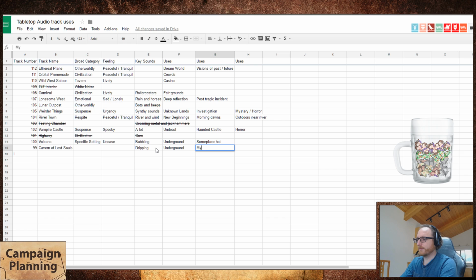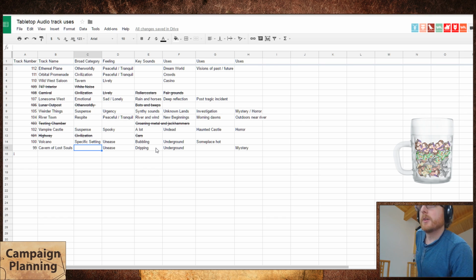I could get some mystery vibes out of this. I think unease is a good feeling for this one as well. Because it's not spooky, it's not scary, but it definitely puts you not on the edge of your seat, but it makes you sit up and take note a little bit. Like, there's something going on here, right? Something is going on. Maybe unease is not right, but,